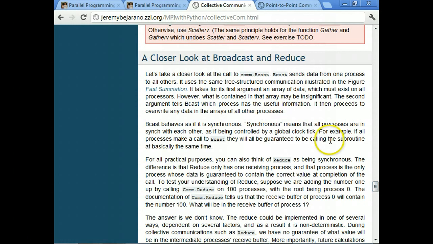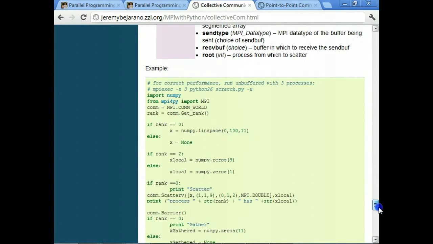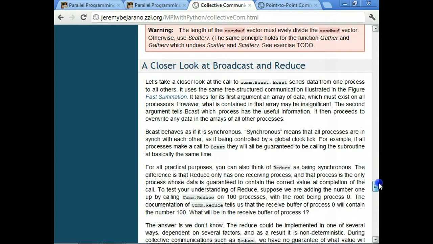Okay. And then just a final word about broadcast and reduce. Broadcast and reduce and all these other collective operations are synchronous operations. They work in sync.